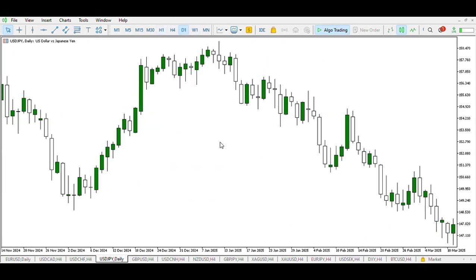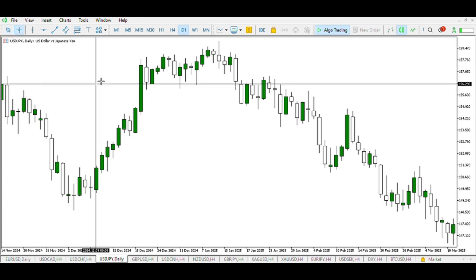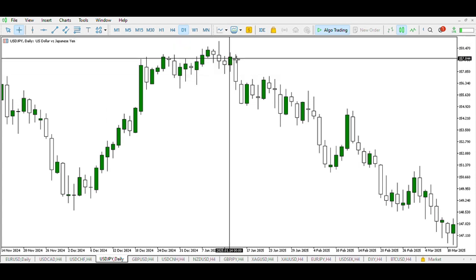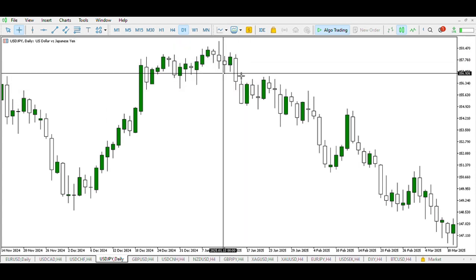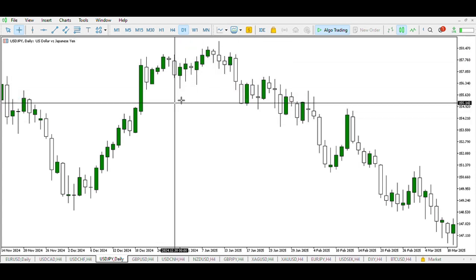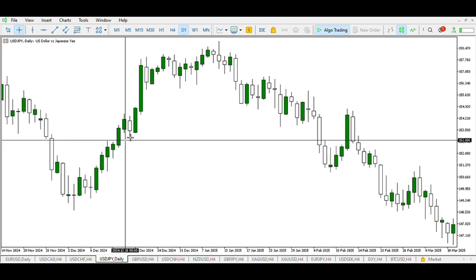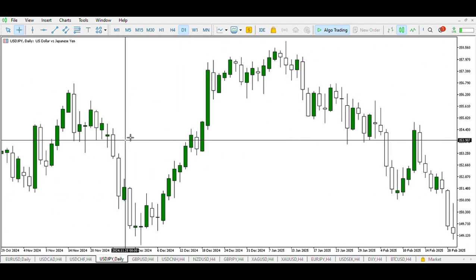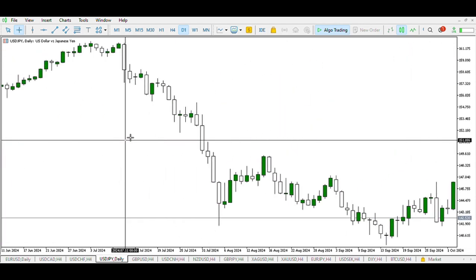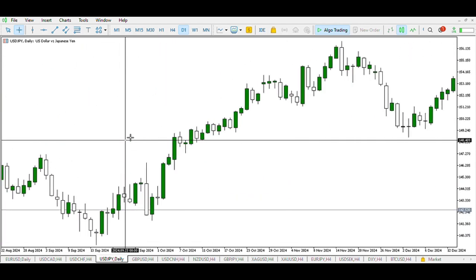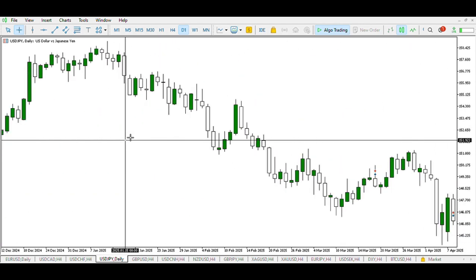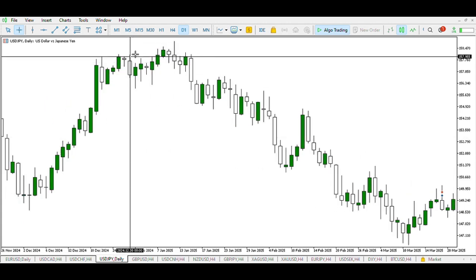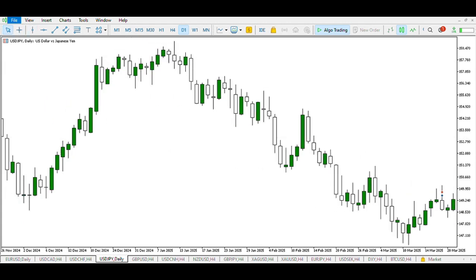So we begin from a longer time frame. Advisably, either as a swing trader, as a day trader, or a scalper, you can come down to the daily time frame to look at the bigger picture. So on USD JPY, we can see that the price currently is in a downtrend. As you can see right here, market